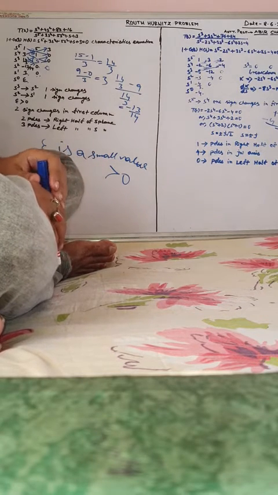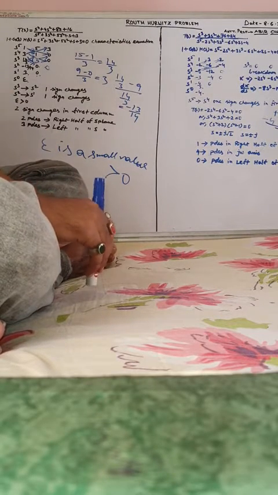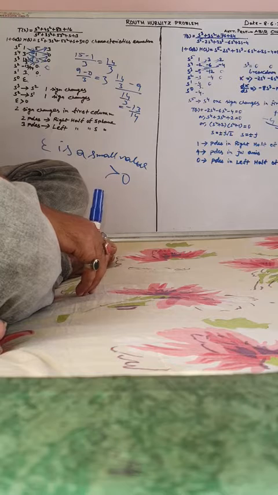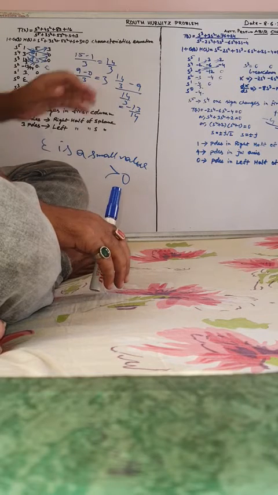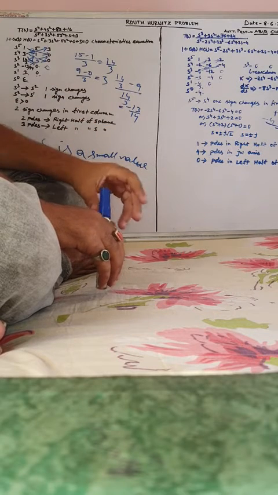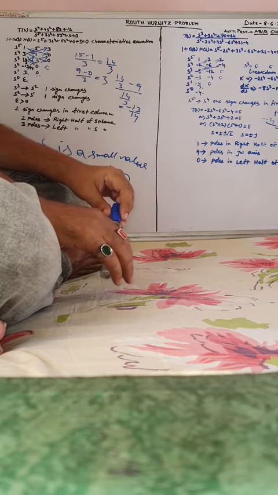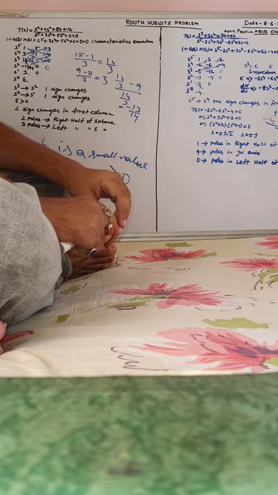So you have understood 2 problems. I think you have understood 2 problems. So there will be no question regarding this. We will have to find out how many signs are changing in the first column. We will have to observe the first column. How many signs are changing in the first column?